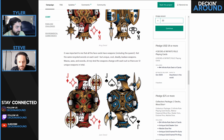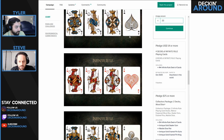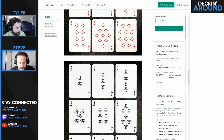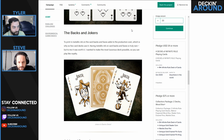I like the custom pip work as well. It's easily recognizable while still adding a nice little custom touch. It'd be cool if they were metallic ink. It would look cool. It reminds me of the avant-garde style. Let's see what the colors are. I like those jokers too. To print metallic ink on the card backs and the faces adds to production costs, which is why